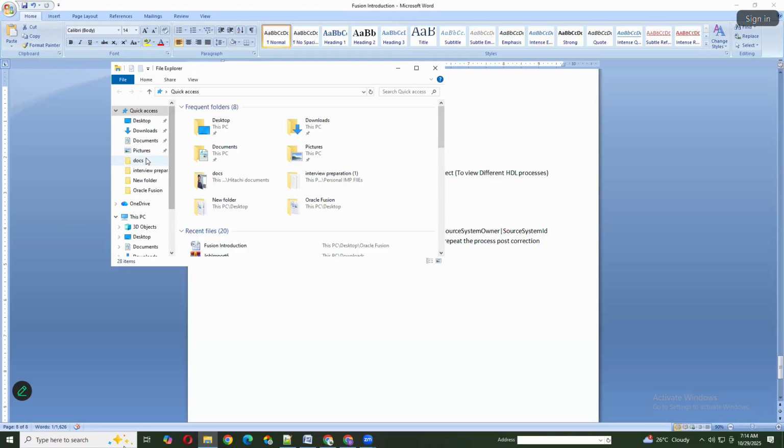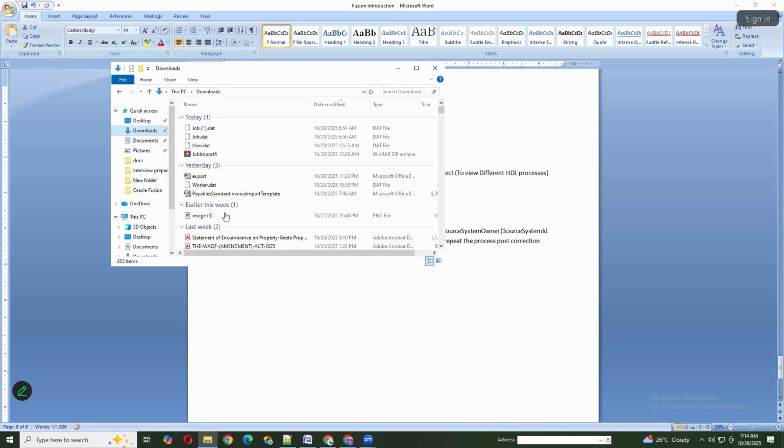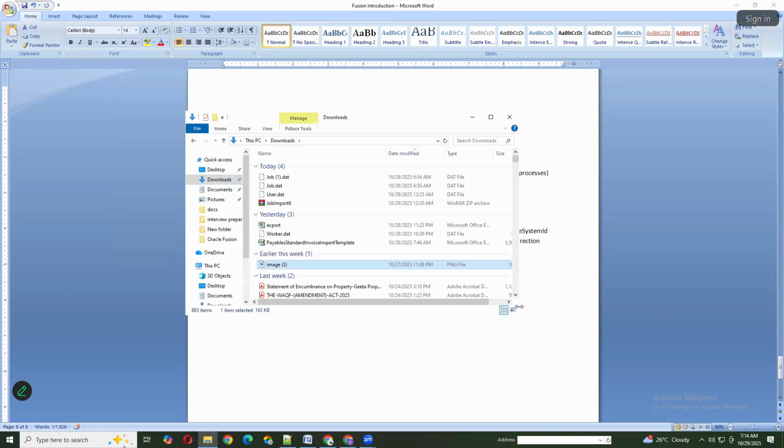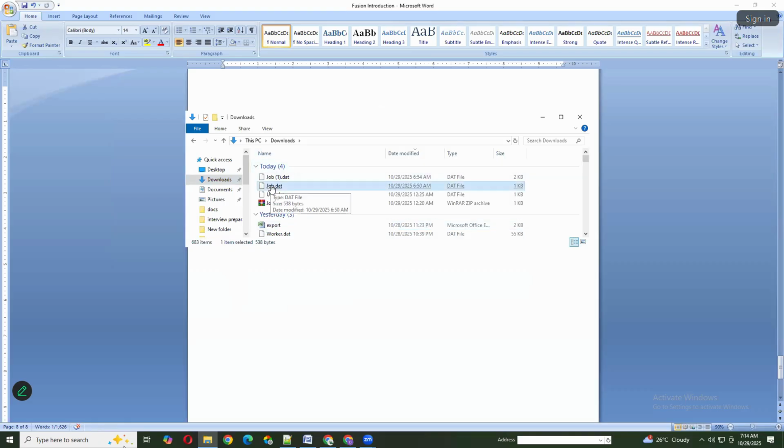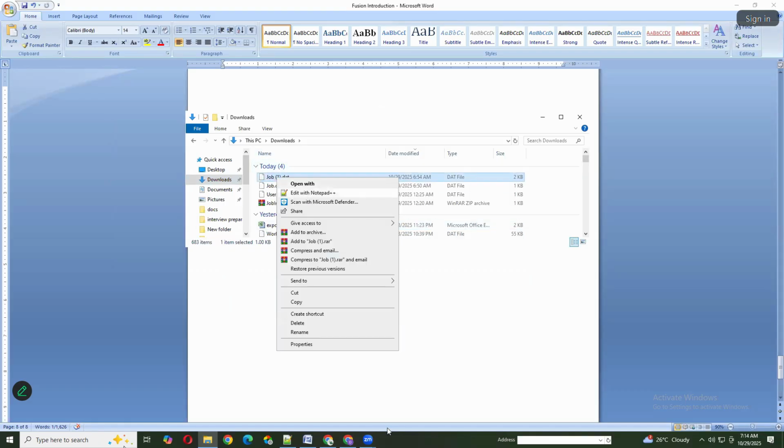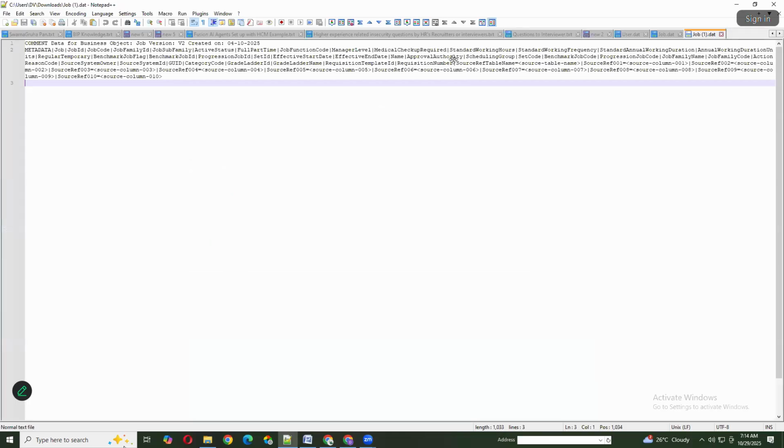I'll show you how the HDL file looks. Today in the morning, I was able to download one HDL file for your example. If you see this file, this is the file I have downloaded from Oracle Fusion, and here this is